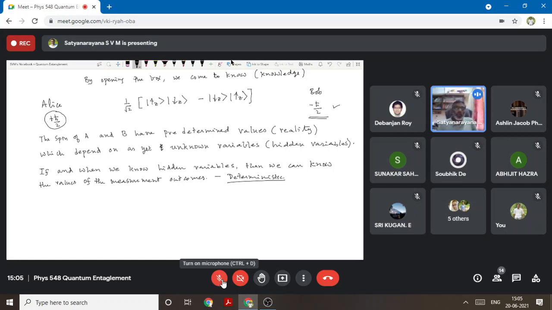Okay, so Einstein-Podolsky-Rosen's argument is that this is possible only if there are predetermined values. If they have predetermined values, we don't know them, but they have them. And if we want to know them, then we may have to do some hard work. There are some hidden variables, etc. But this is the only option. That means they must have predetermined values. We haven't got a complete theory to find that, but quantum mechanics is definitely not the complete theory. So that is the idea.